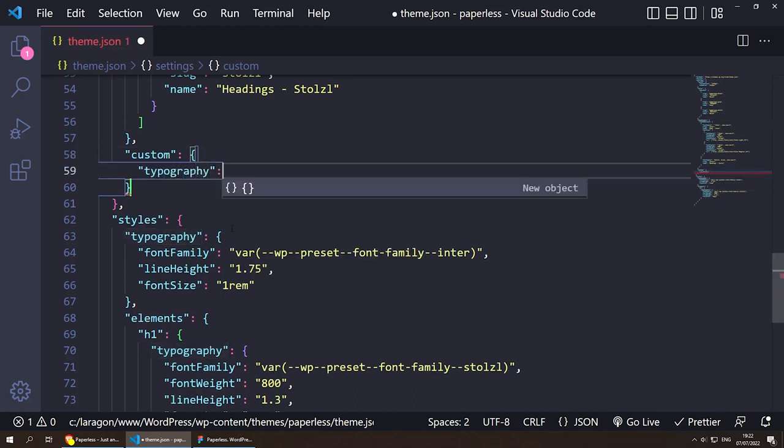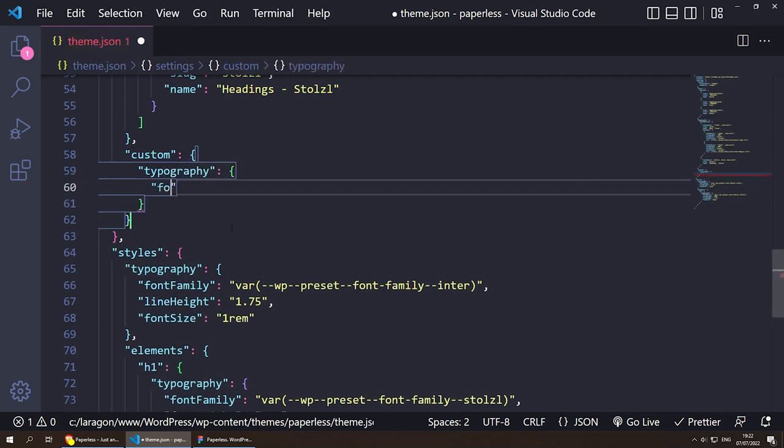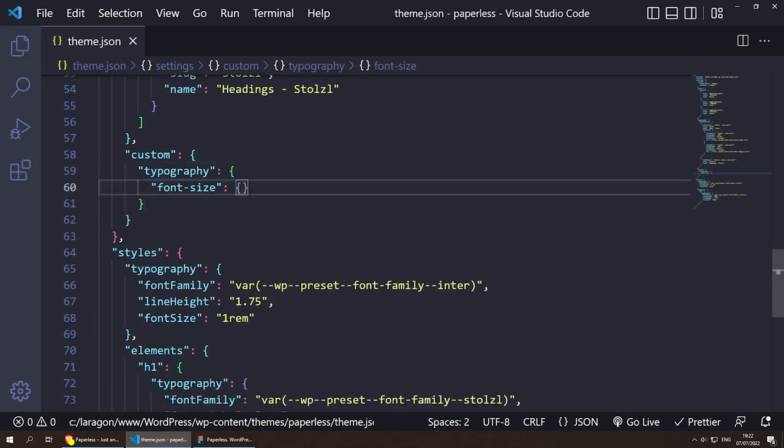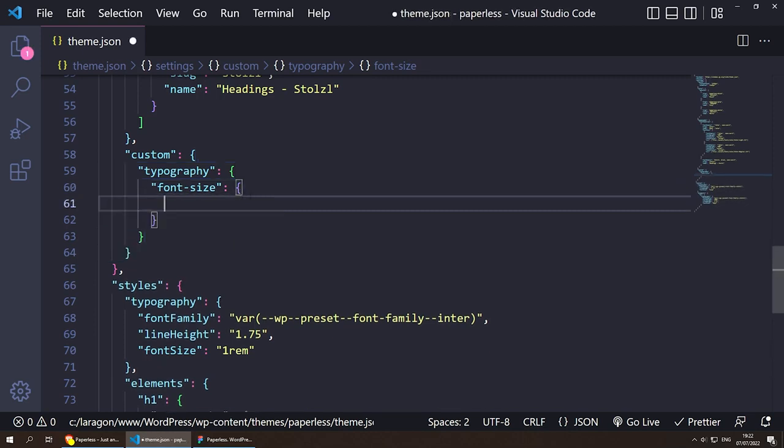Typography, and by the way, you can call this whatever you like. Inside here, we can put font, for example, font size, like so. And inside the font size is where we can have different font sizes, all sorts of font sizes. Now, I've already prepared a few,